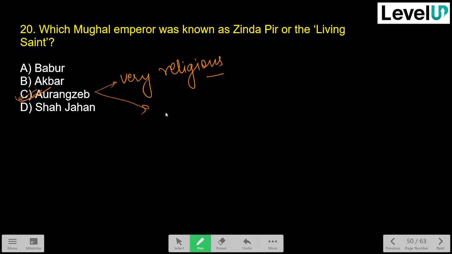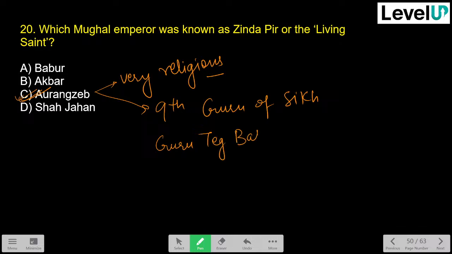very disturbing thing happened actually. So the ninth Guru of Sikhs, that is Guru Tegh Bahadur Singh, was killed. Aurangzeb tried to convert Guru Tegh Bahadur Singh to Islam. But Guru Tegh Bahadur Singh denied this order of Aurangzeb. So